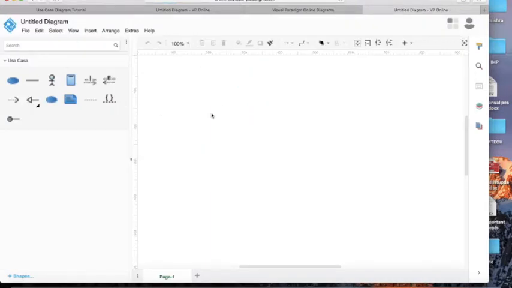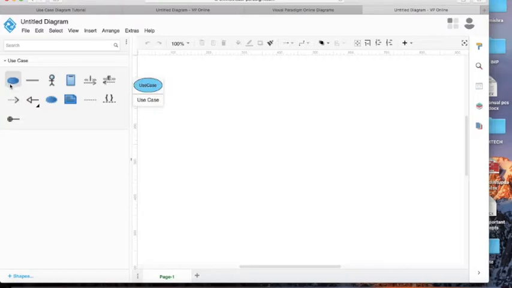Yeah, so this is the overall picture which will pop up in front of you, and in this section of the page you will be able to draw the use case diagram. See how we will be drawing. These are the notations which are used for the use case diagrams.